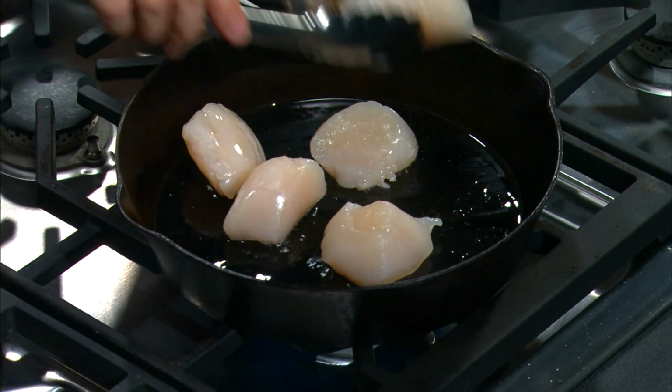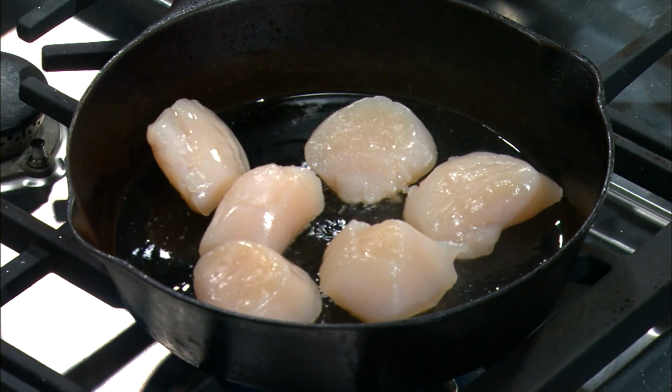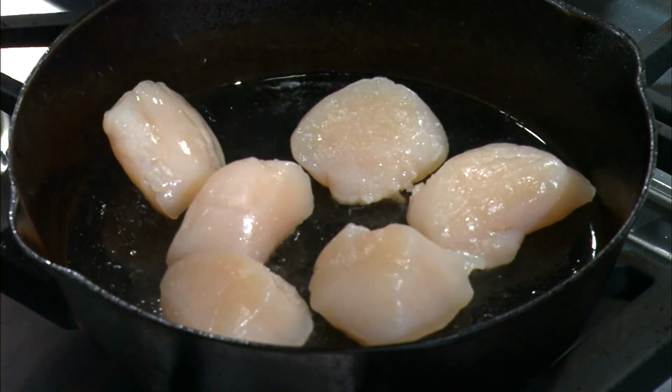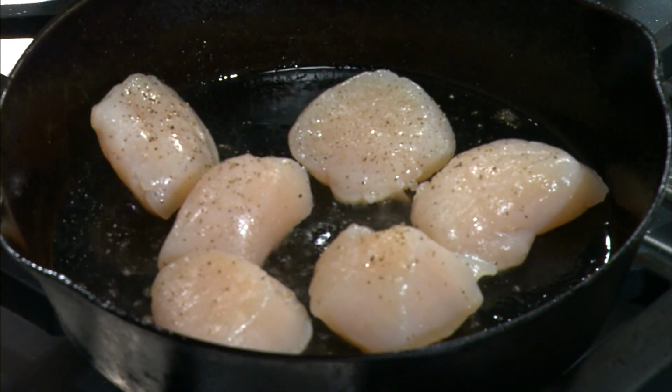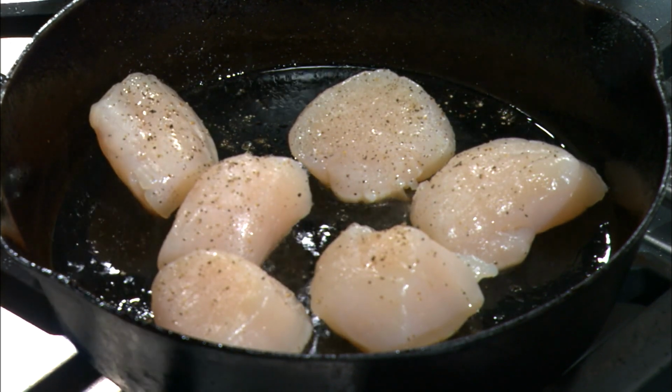And then we're going to put some salt and pepper on this. Just salt them and do some pepper. You can put some spicy red pepper on here if you want as well. So those are ready to go. While they're cooking,